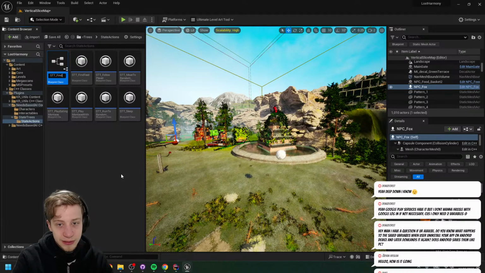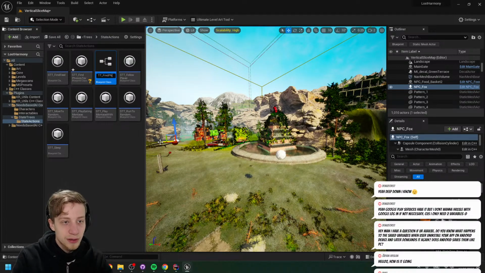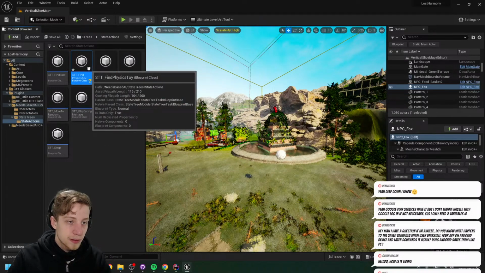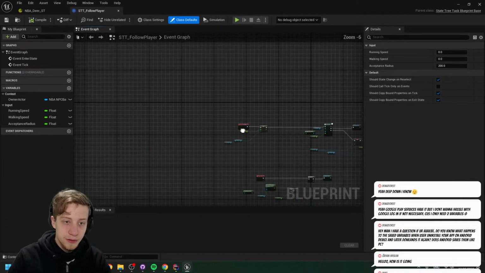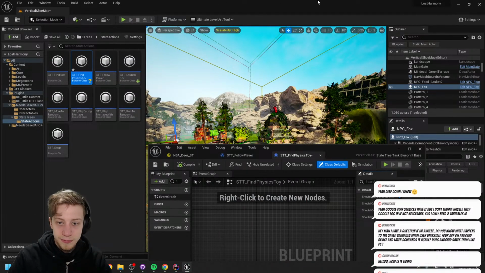Let's call this our find physics simulating object. Physics, let's call it maybe physics toy, so we kind of keep it with the idea that we have here. And we're gonna make here a duplicate, and the duplicate is gonna be, what is it gonna be? Let's call it launch toy. And now we're gonna need to copy a bunch of things. So let's start by stealing our own actor and getting it into our find physics toy.